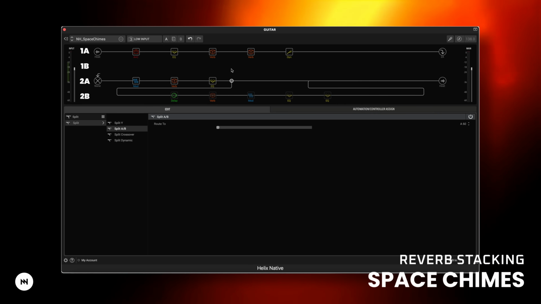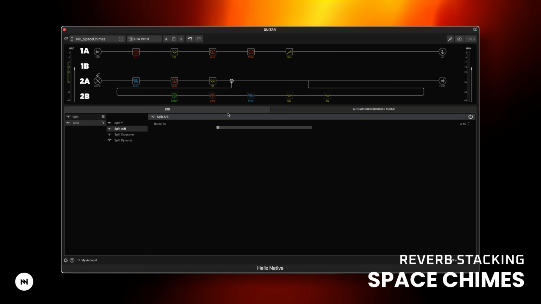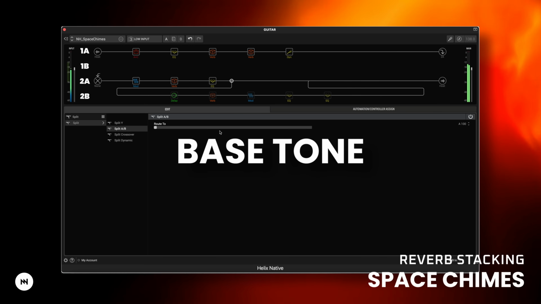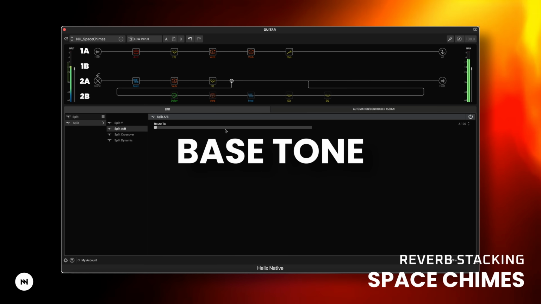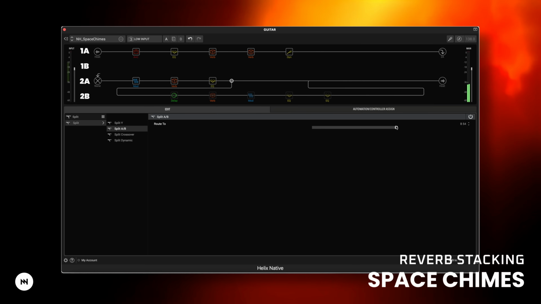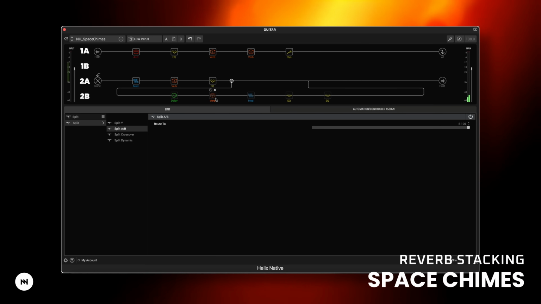As promised, let me show you reverb stacking using a preset from our Reflections pack. This one is called Space Chimes. Here is the bass tone. Now let's isolate just the processing on path 2B. You will hear a reverse delay,